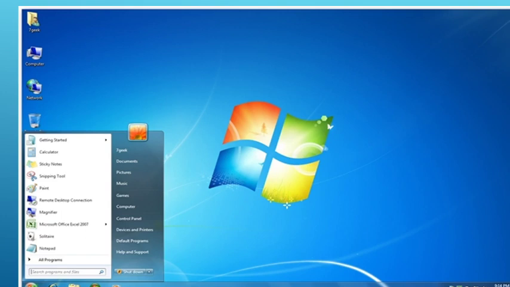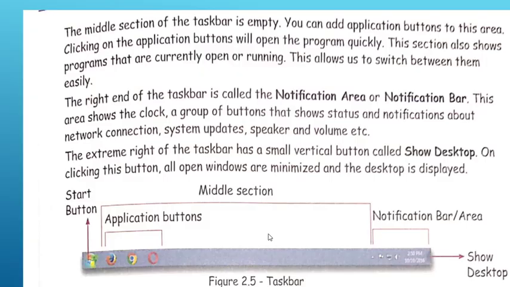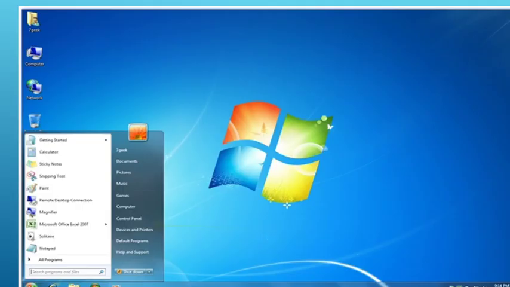Now this is the screen which you have seen in the previous slide. This one I am showing you on the full screen view so that you can understand in a proper manner. This whole screen is called a desktop screen where you have different types of icons. You see computer icon, network icon. This one is recycle bin. It is hidden due to this start menu. So this icon is known as recycle bin, where your deleted files are stored.